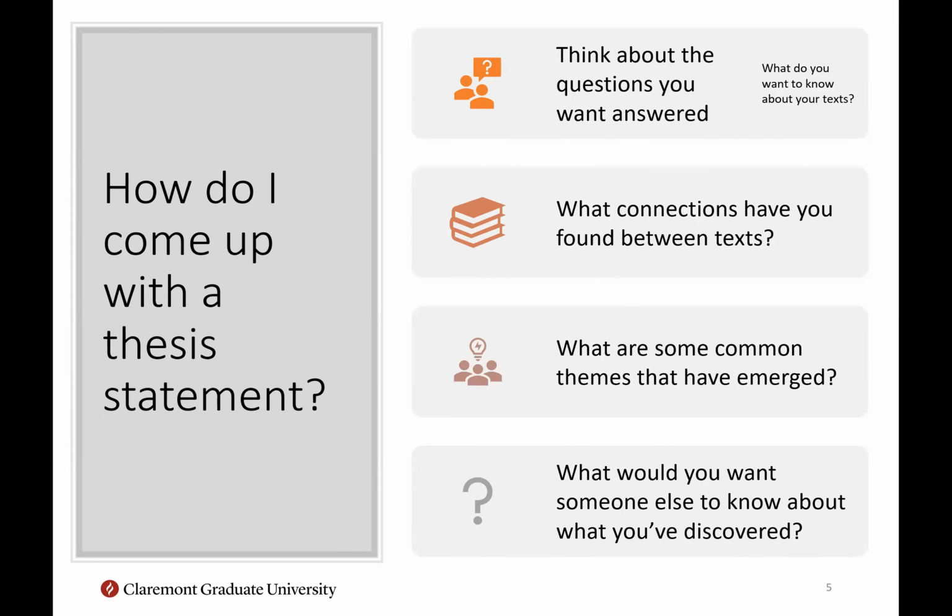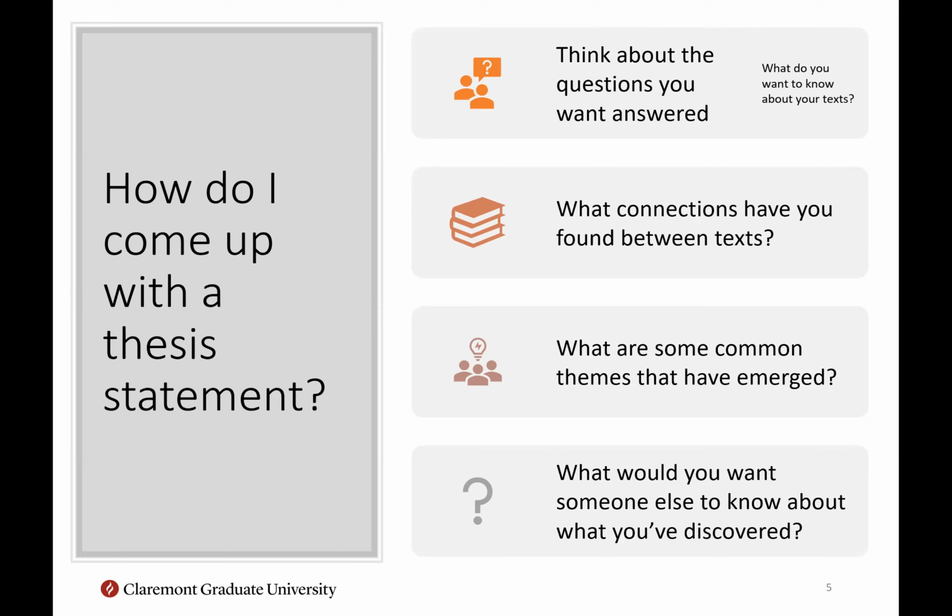So how do you come up with a thesis statement? And like I said, this is kind of the most daunting part of the process, knowing where to begin. So if you're sitting there, you know what your paper is, but you're not really sure what that research question is yet, so you're not sure what question you're answering in your thesis, these are just a few brief questions to be thinking about in doing your work that might help that start to come together.